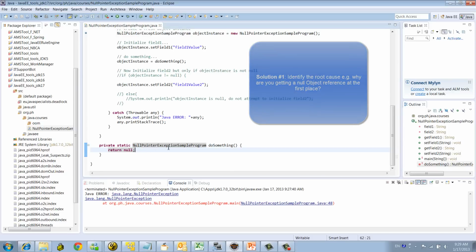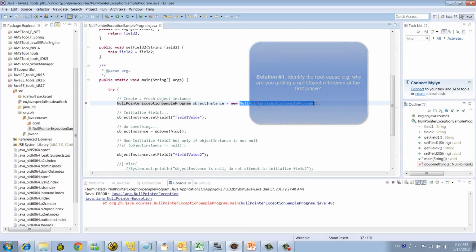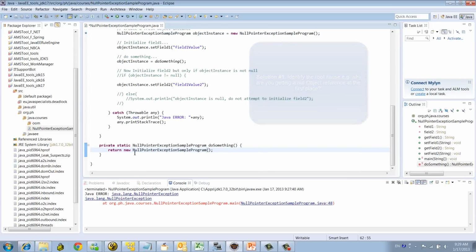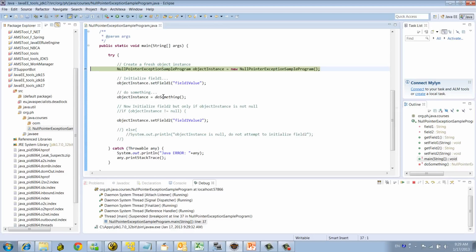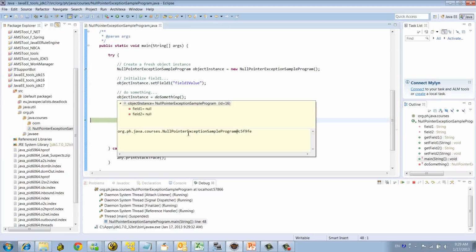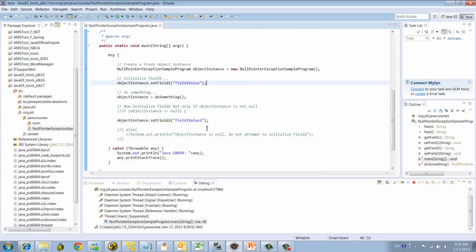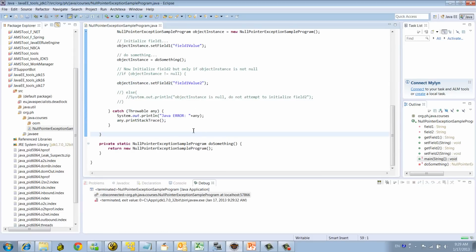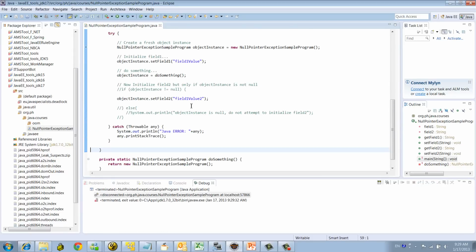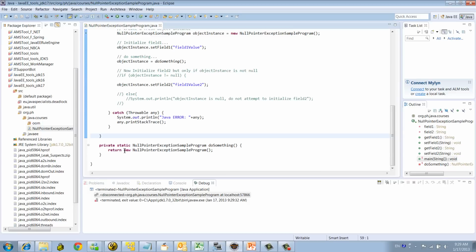So in this case, we're going to fix the program, okay? We're just going to return a new instance like this and rerun the program in debug state so you can see again. This time, oh, look at this. Do something is now returning me a new instance, you see? And this time the program can execute with no problem. So we're able to set the new value with no problem. Now if I go back to the null,